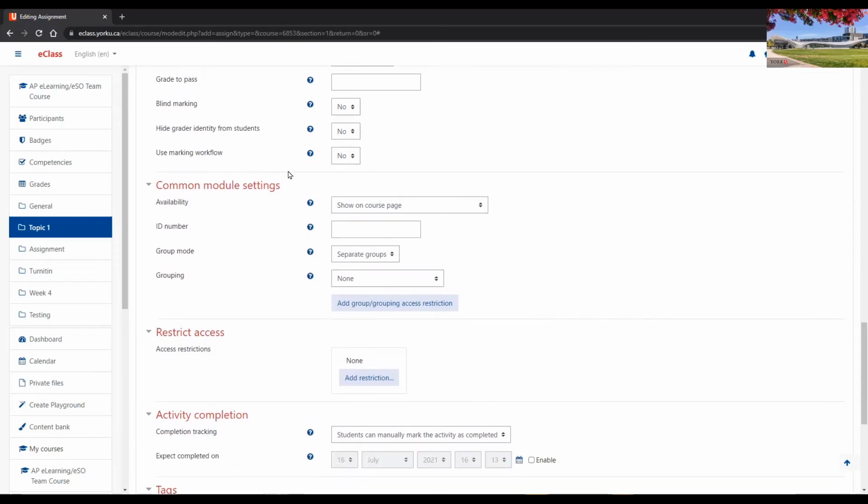Using marking workflow, we normally just recommend no. This adds more complexity to your marking. The workflow controls when all the grades are released at once to the students, and you have multiple rounds of marking. But what we do recommend is you can hide the assignment in the gradebook, so that way the grades are hidden,